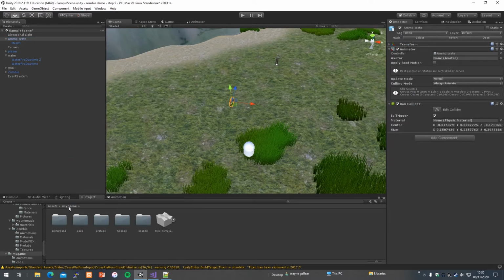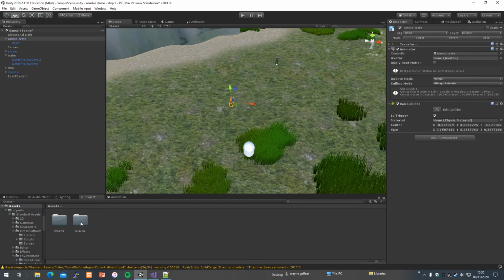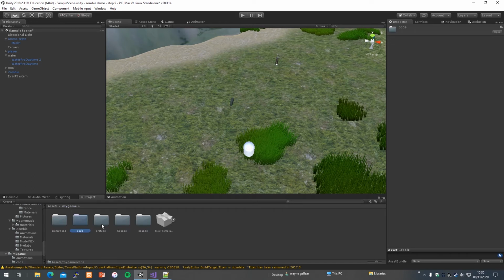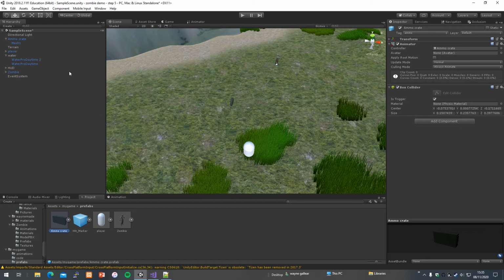So what I'm going to do is, in my game, in assets, in prefabs, I've got a folder called prefabs. I'm going to get the ammo crate and drag it down here. It creates what's known as a prefab. It stores it there, so when this goes, it'll go back. So if I press play now,